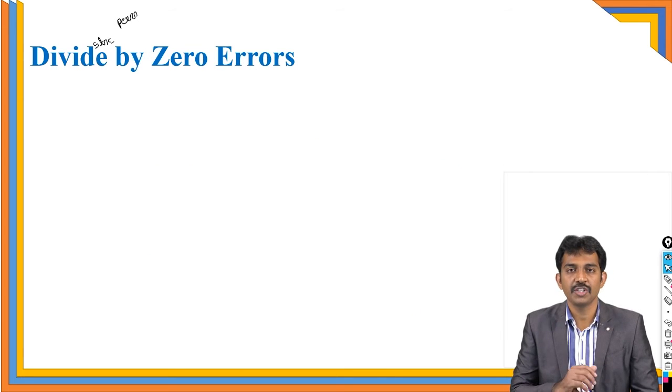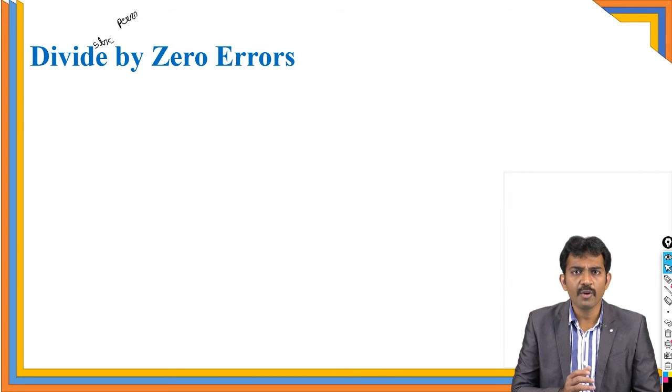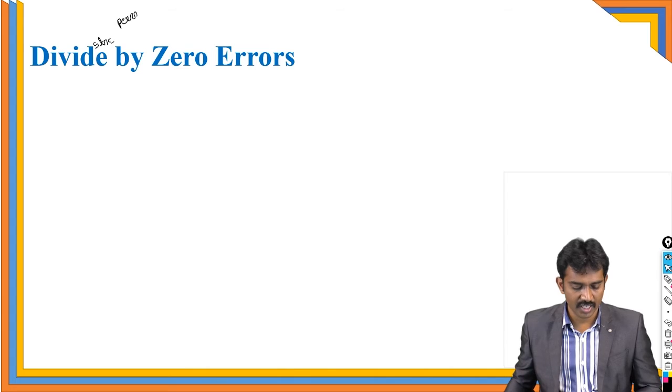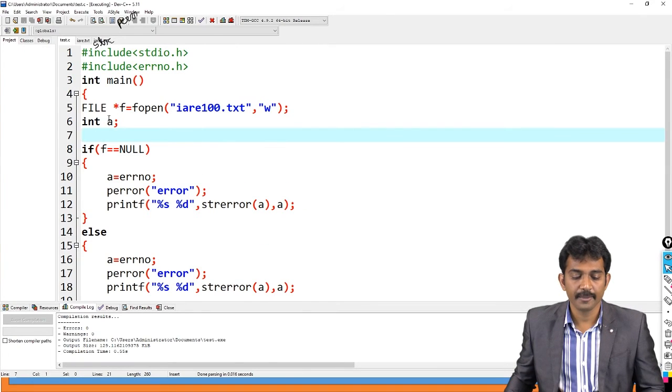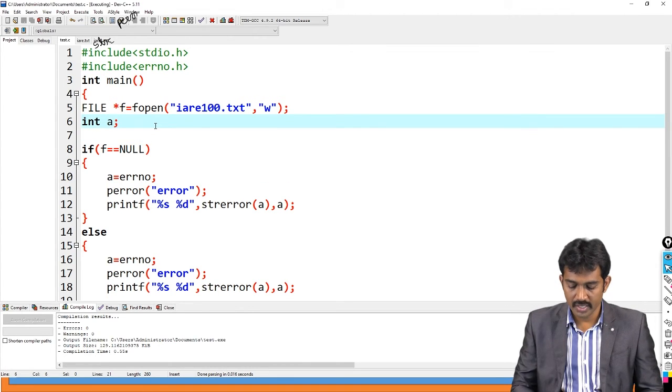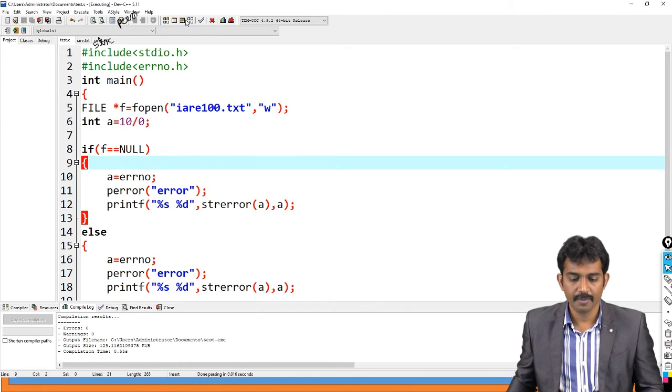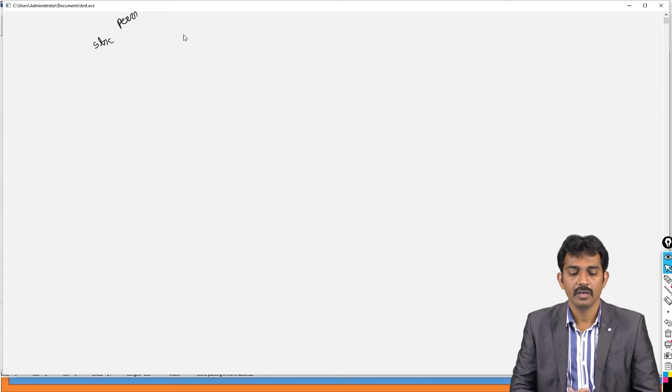Next, divide by 0. We don't have a provision to handle this kind of exception. See, if you open a file and A equal to some 100 by 0, and run this code, what happens? It's an exception.